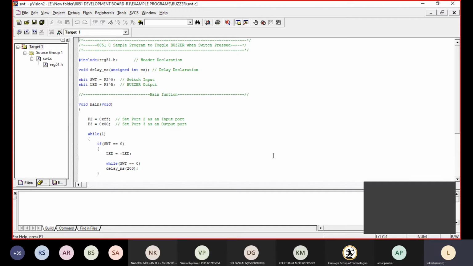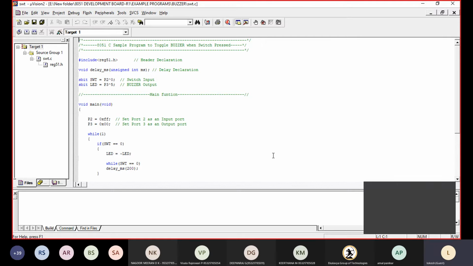Whenever I press the switch, the buzzer will be on. Otherwise, the buzzer will be in the off condition. That's the aim of the program.